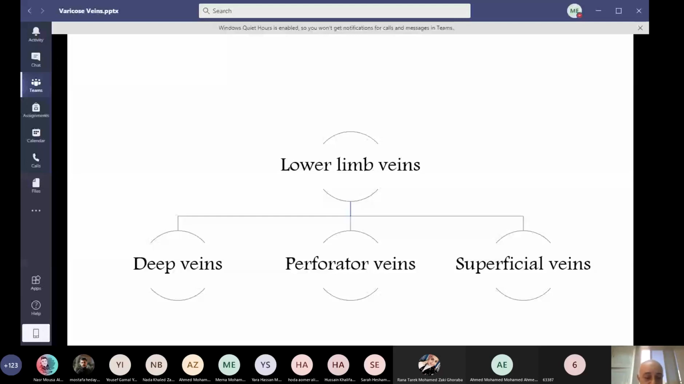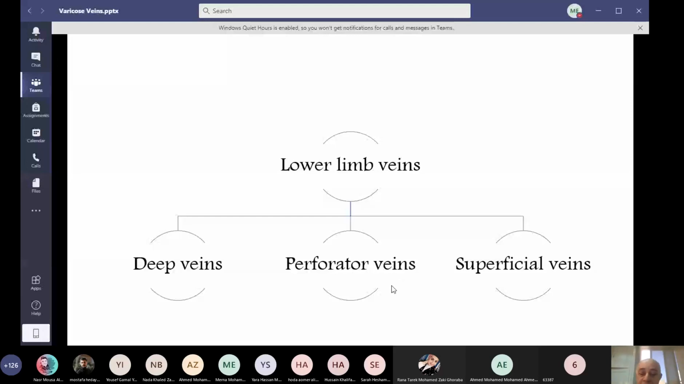We have deep veins and superficial veins. The reference in that is the deep fascia. Veins which are deep to the deep fascia are called the deep veins, and veins which are above, or superficial to the superficial fascia, are called the superficial veins. They communicate with each other by what are called the perforator veins, and they are called perforator veins because they